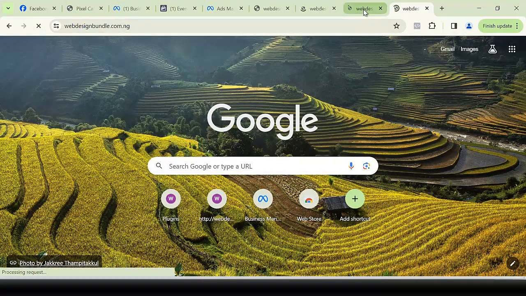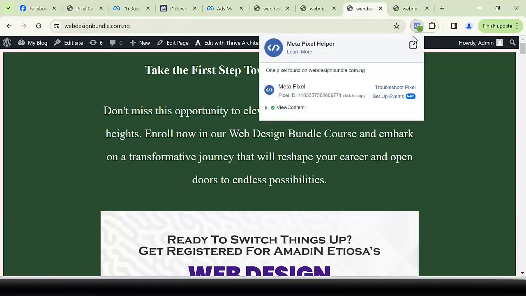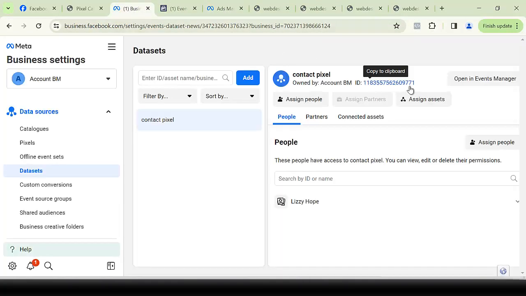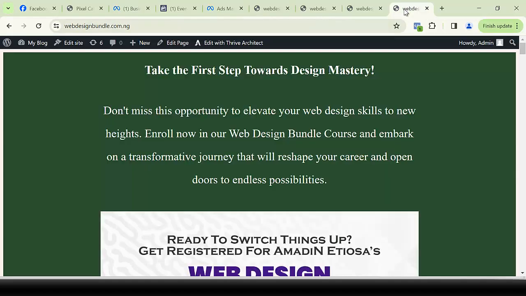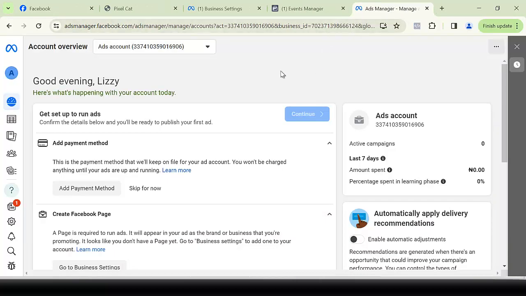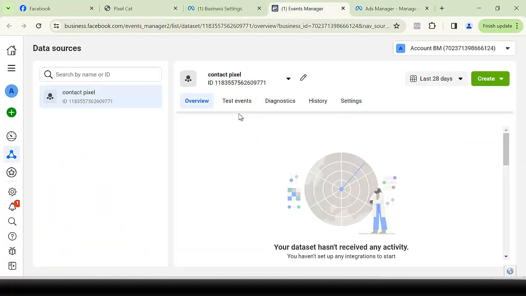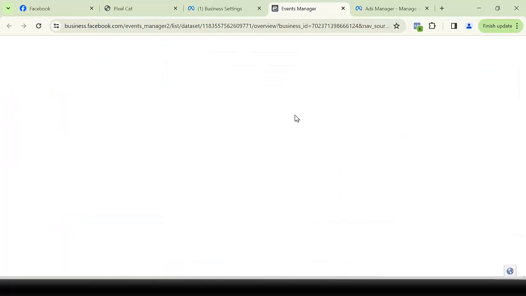All right, can you see that? You can see what it says, pixel detected. This is the pixel. You can see the number here, 771. If you come to your page, you can see it here, 771. That's the pixel. Now the pixel is active. So what we'll do next is to make sure you refresh this. Once you refresh,